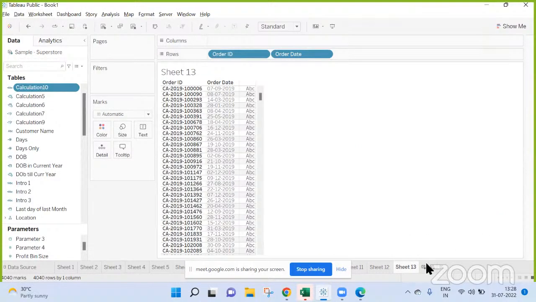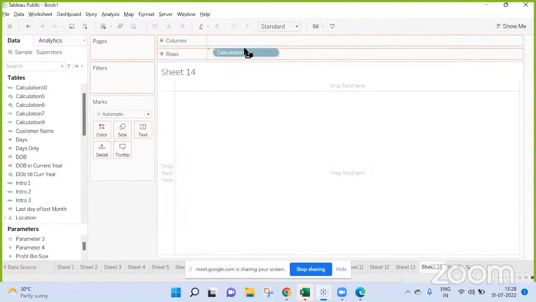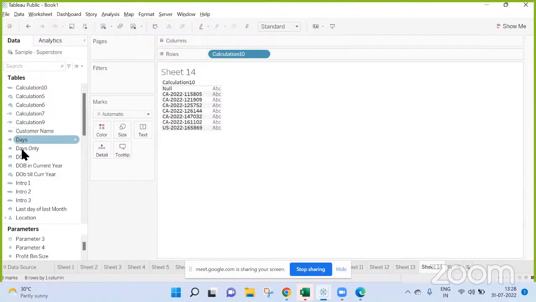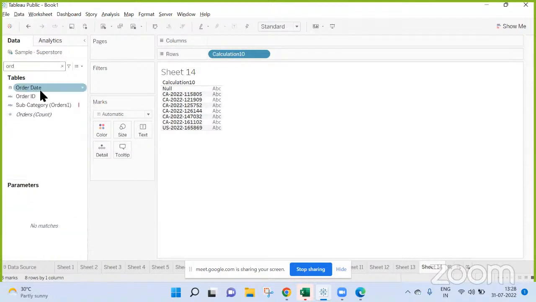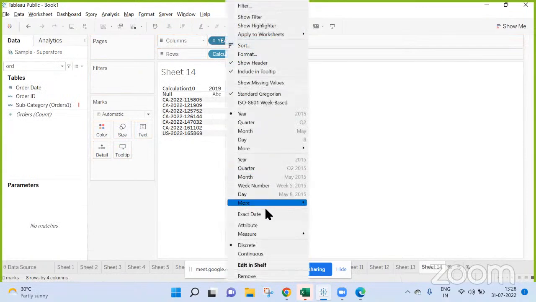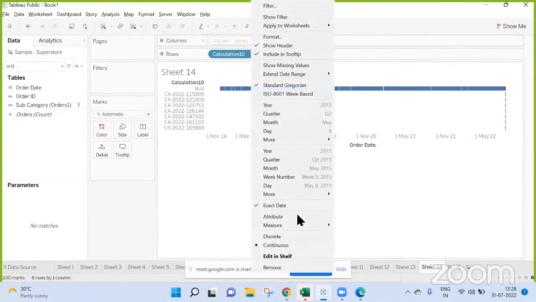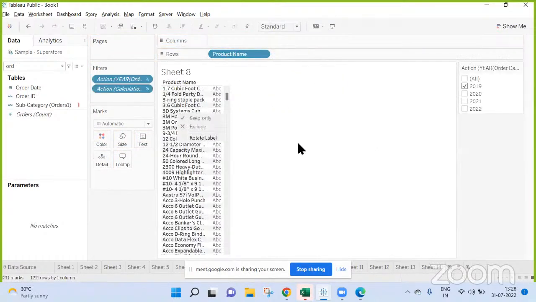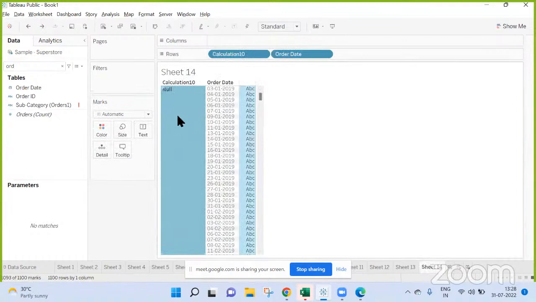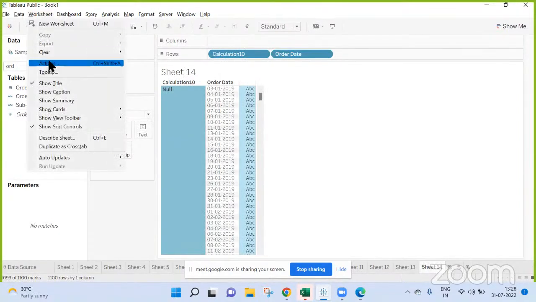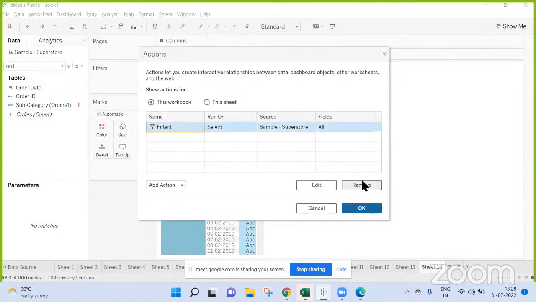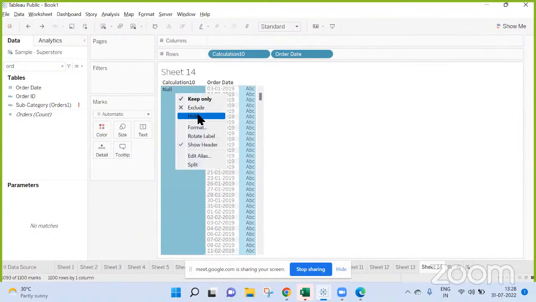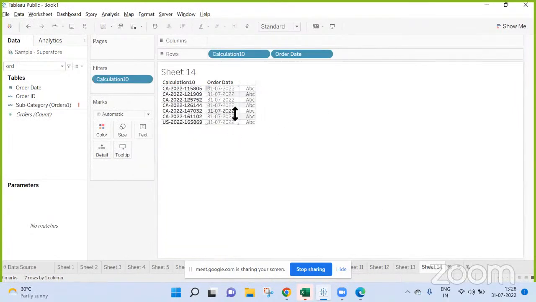If I bring this here, it is because on the same order date there are more than one order. For you it might be one. Can you drag the order date? Now this is your latest order.